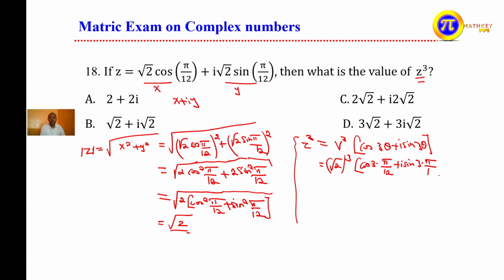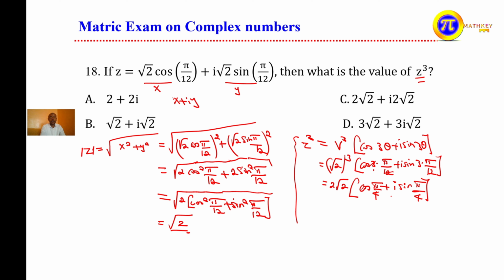Then the square root of 2 cubed is 2 times the square root of 2. Here we have cos of, we cancel by 3, this is 1, 12 by 3 is 4, so it becomes pi over 4. The same for sine: plus i sine of pi over 4. We are familiar that sine pi over 4 and cos pi over 4